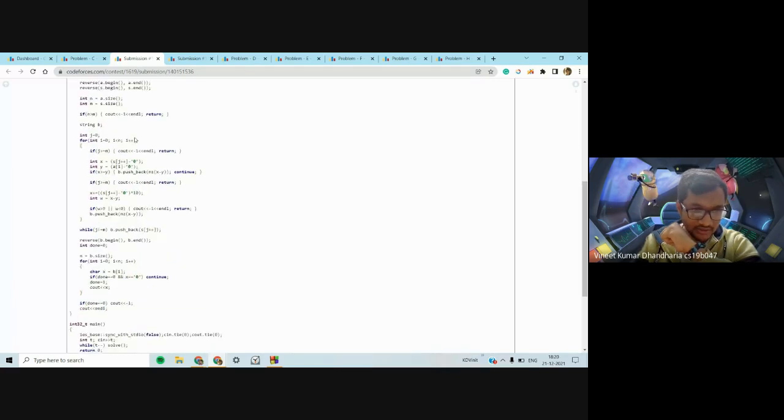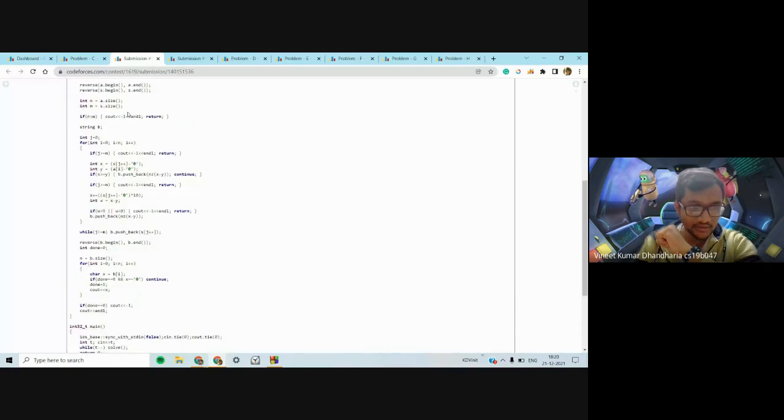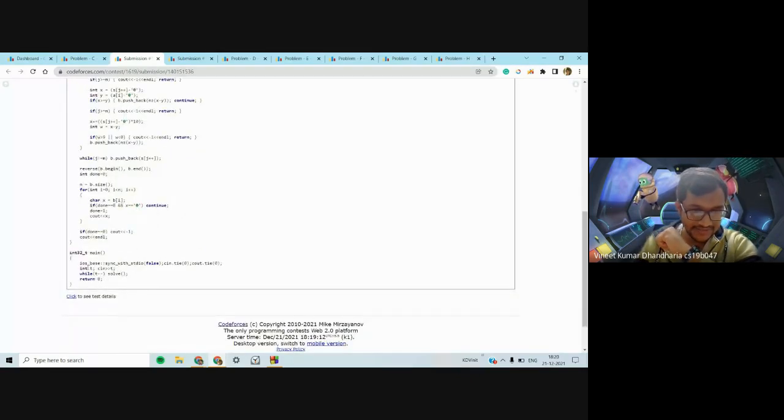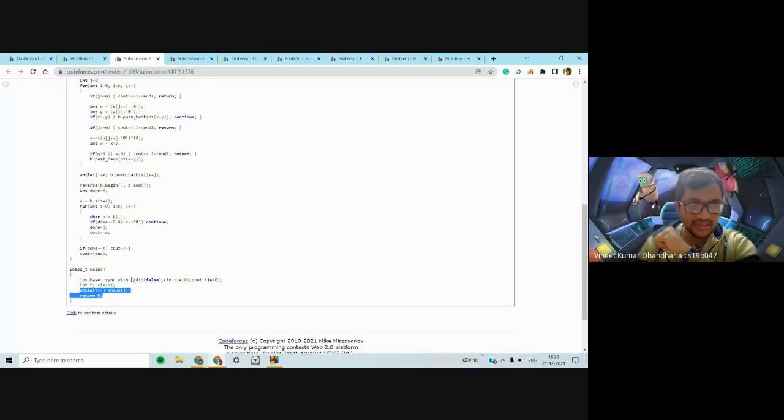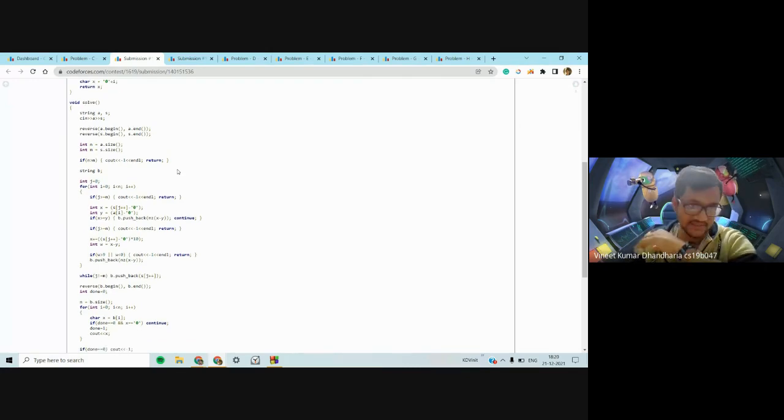I will explain the template I follow. Since we have test cases, we take in the test cases, and for each test case, I'm running this solve function. Whenever I think I have printed the complete answer, I just put return, and it goes on to the next test case. So this helps in general. So for n greater than m, the answer is -1, and I return. It just goes to the next test case.